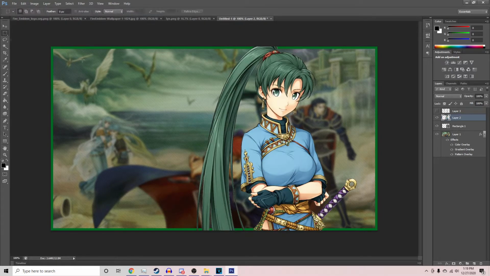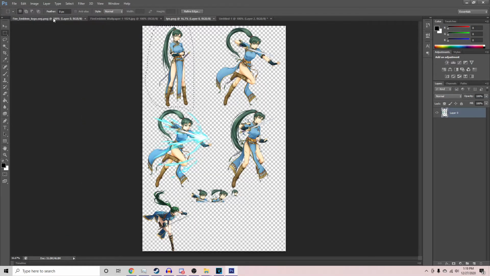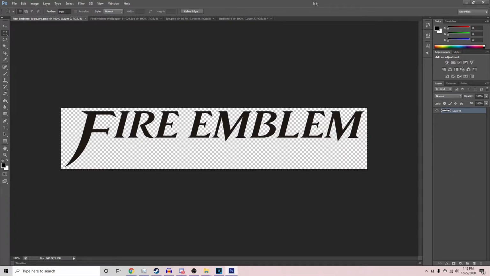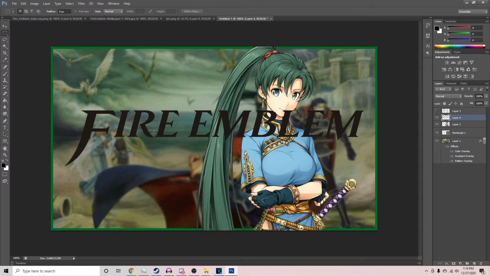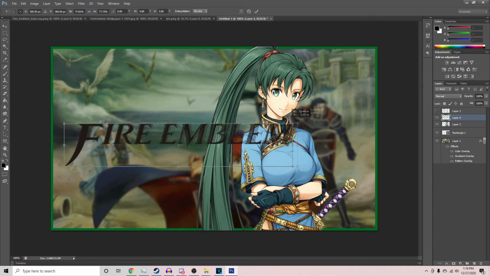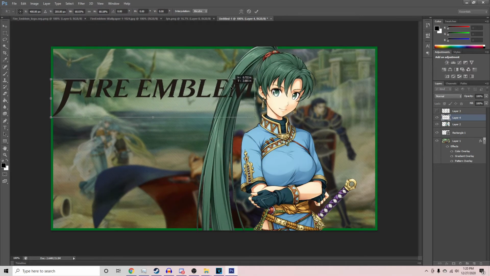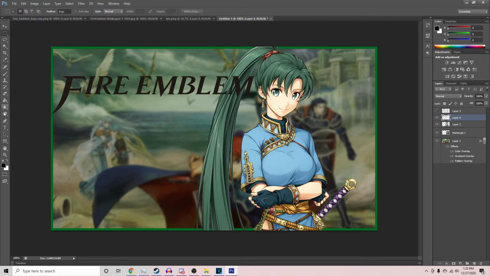And then right here is where we're going to put our text. This actually usually takes me a while to figure out, but I'm just going to go through it super fast. I would honestly probably take more time, but I'm just trying to do a quick little tutorial for all of you. So we'll just put it over here, Fire Emblem. Let's say we're doing an Iron Man. Fire Emblem. Then the name of the game is